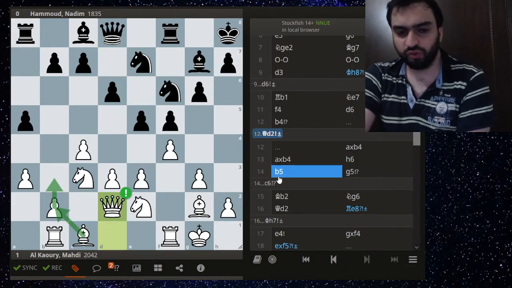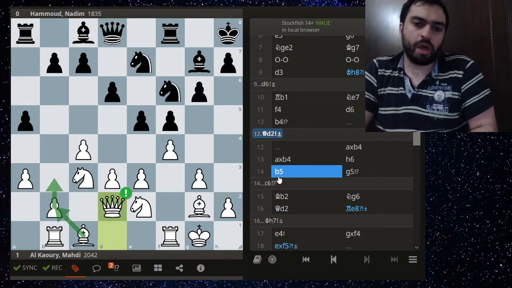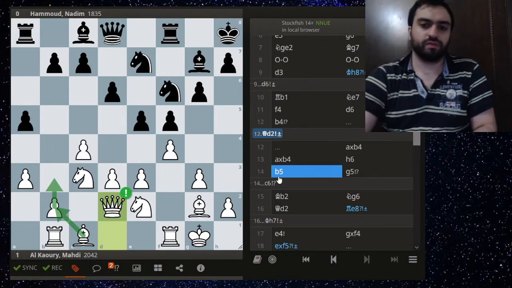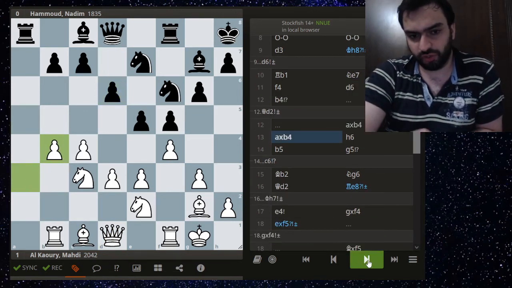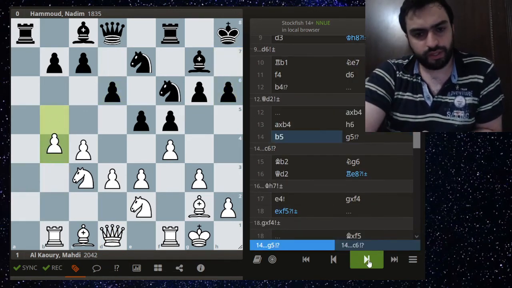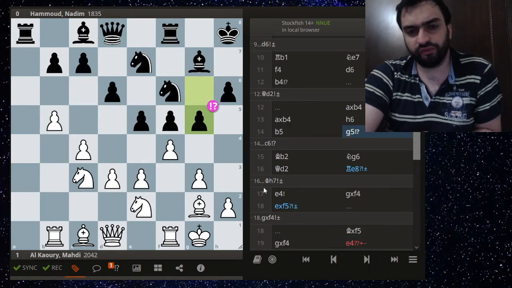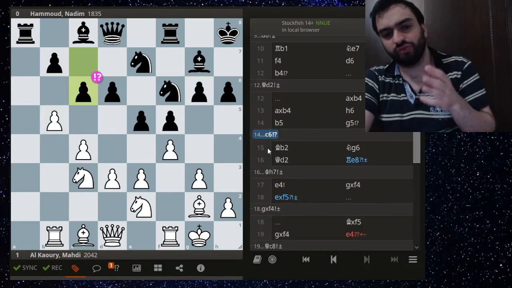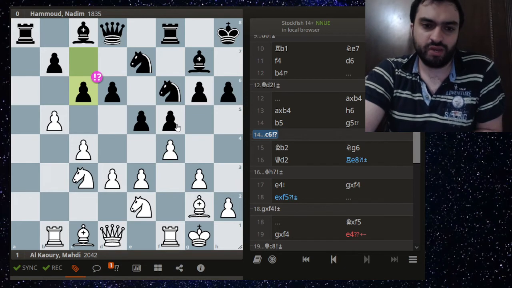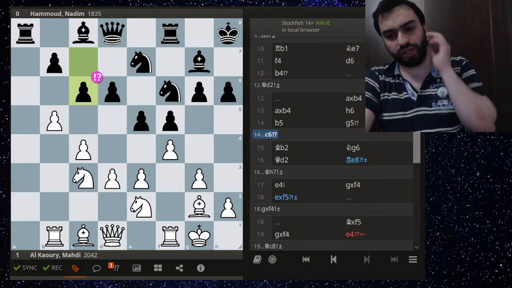b4, gaining space on the queenside. Instead, maybe trying to play it slowly with queen d2, b3, bishop b2. Maybe that was a bit better, but of course b4 just opening up the position quickly is fine. h6, b5, just keep pushing on the queenside. And now g5, aggressively opening up the kingside, but maybe you should have tried to slow it down a bit with c6, which seems counterintuitive because you're just inviting taking and opening up the bishop, but it's a good way to also